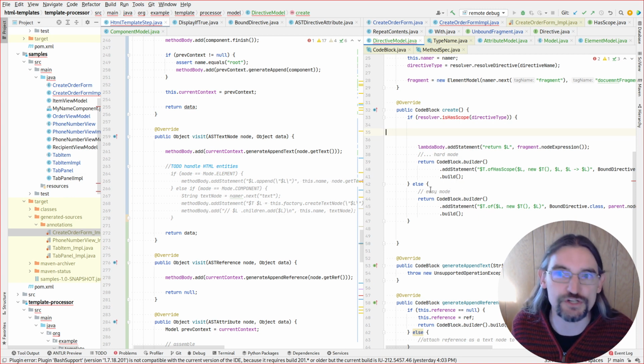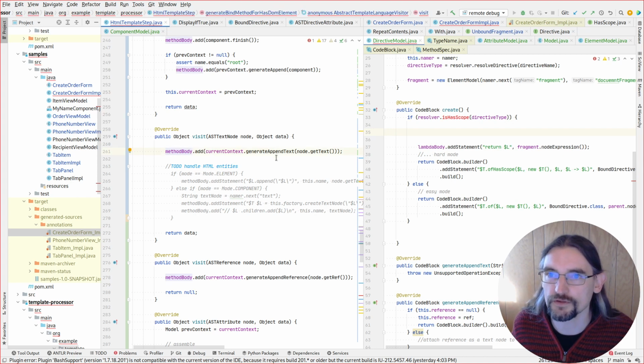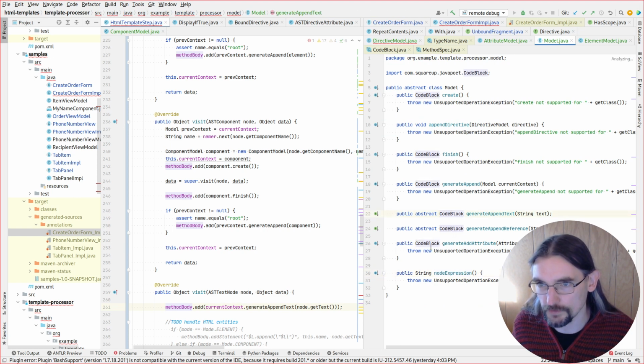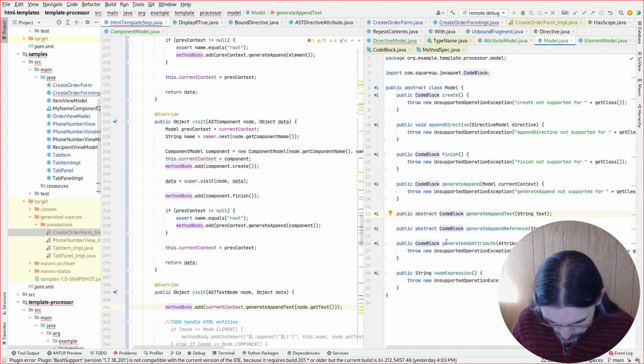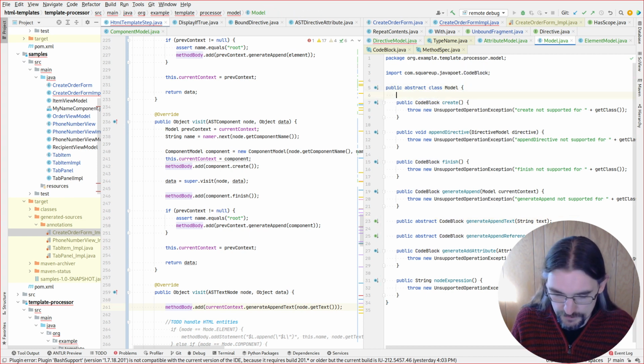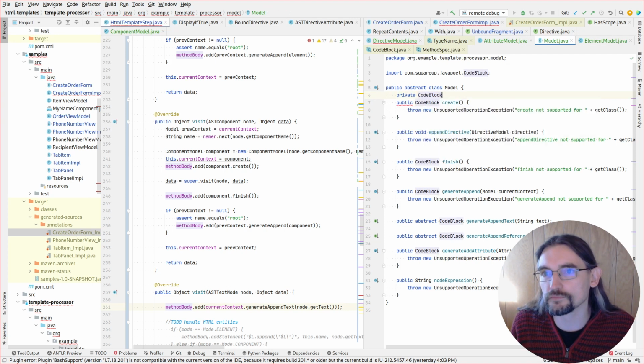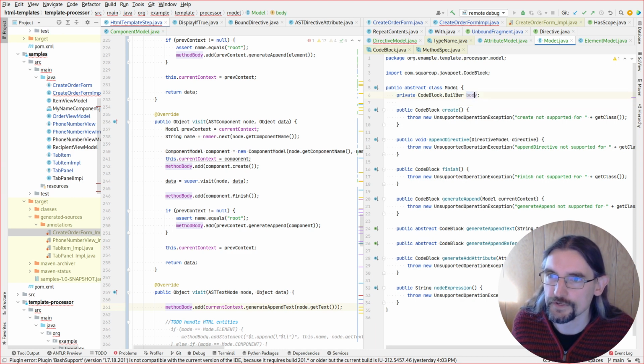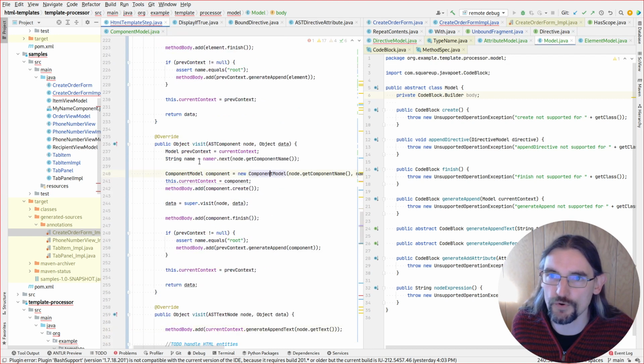Alright, so the ugly refactor here is pushing method body into each model. And then refactoring model so that each of these methods that would have returned a code block instead appends to its own current locally scoped code block. And this enables us to put attributes and elements and components inside of lambdas because they always know where to write their contents. The trick is we need to be able to share these. So we want to change the constructor of these so that when you construct a component, you say,